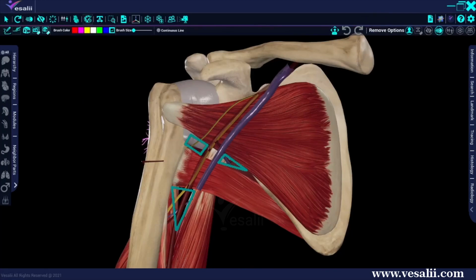Next, we will discuss the axillary spaces. These are anatomic spaces through which the axillary contents leave the axilla. They include the quadrangular space, the triangular space, and the triangular interval. They are bounded by teres major and minor, the medial border of the humerus, and the long head of triceps brachii.